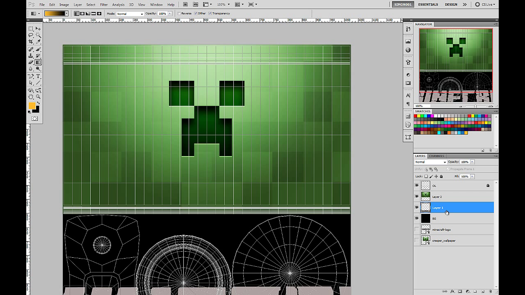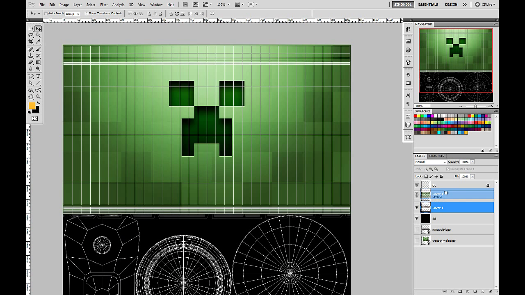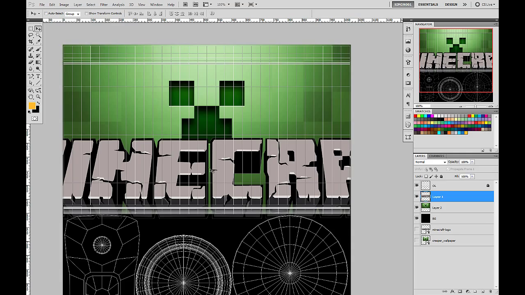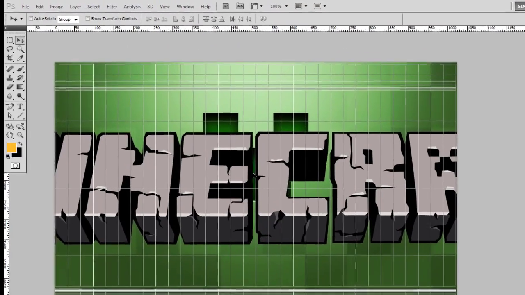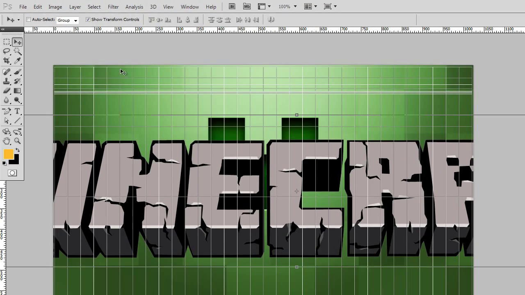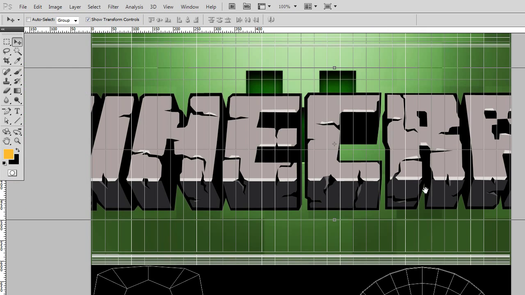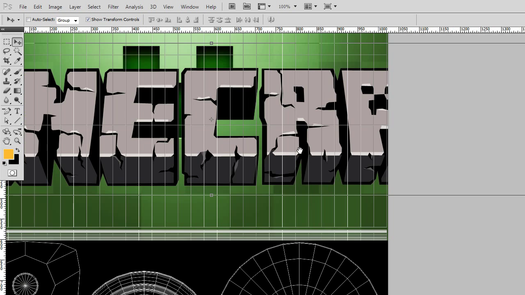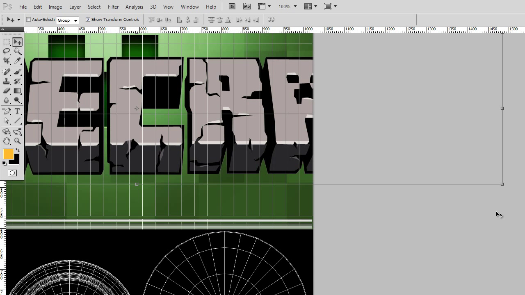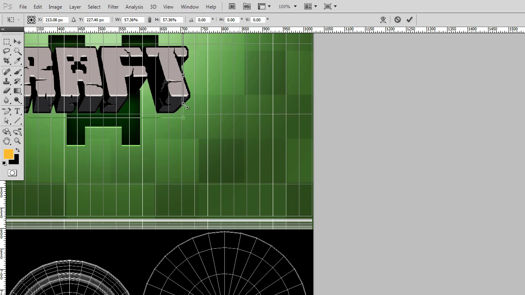Okay, so if you've got other elements like other pictures and so on, I've got this Minecraft label, so you can position that as well. I'm going to drag this layer up above the background. So I've got this Minecraft label here. I'll turn on my transform controls, and I'm holding down the space bar to get this little hand, and I can drag around the document like this when it's in full screen mode. Holding shift, I'm just going to scale that down